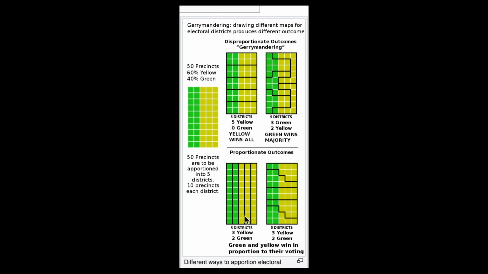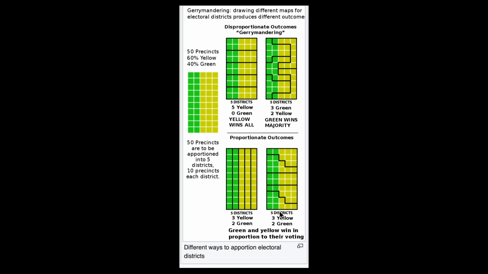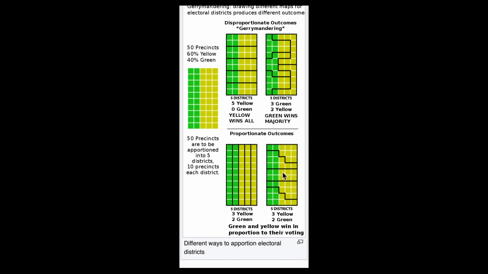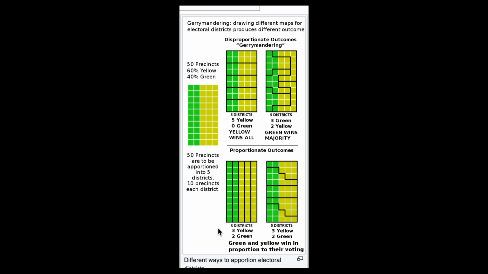The same result as this one, but as you can see, this is more reasonable because you have both the Green Party supporters and Yellow Party supporters in each area, and the seats are the same as the popular vote ratio, which is 3 for the yellow and 2 for the green. So as you can see, there are different ways to apportion the electoral district, and by doing this, they can